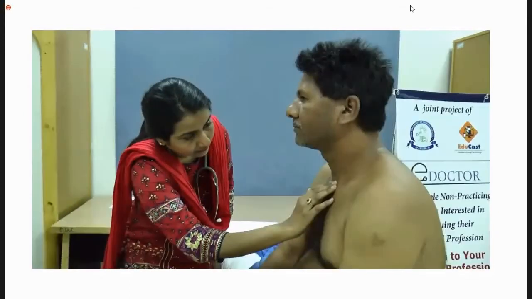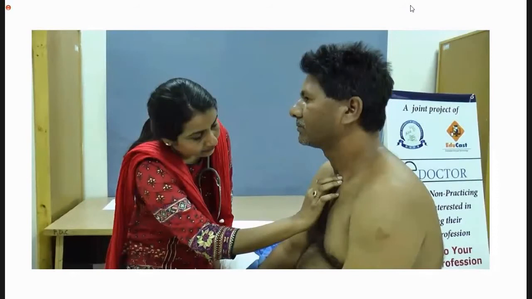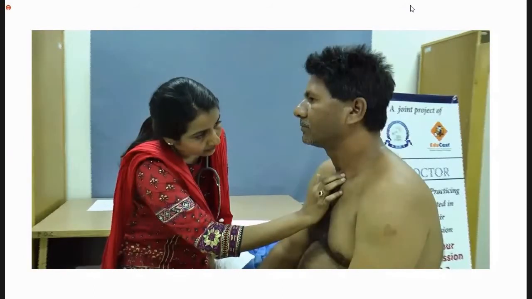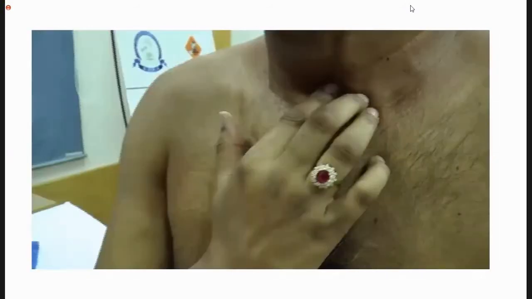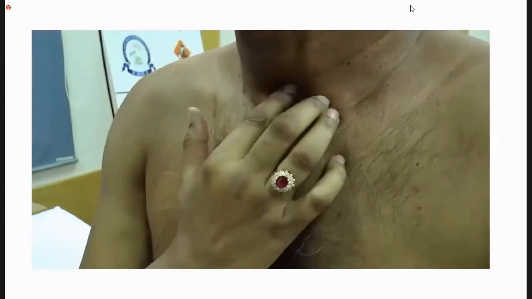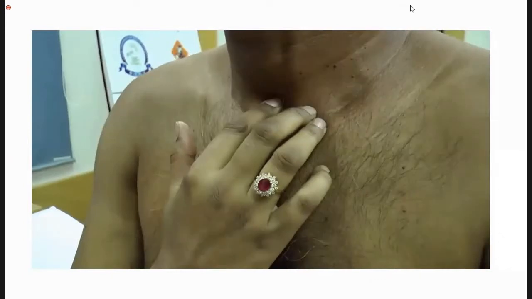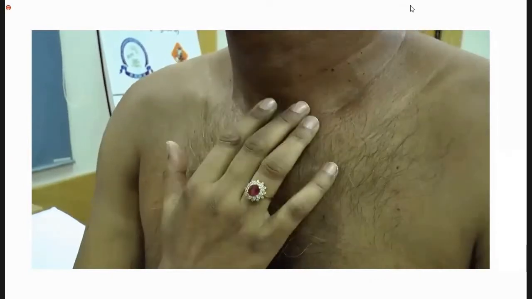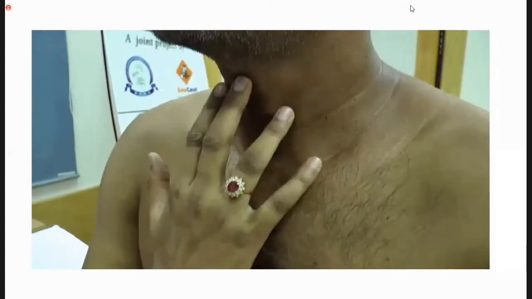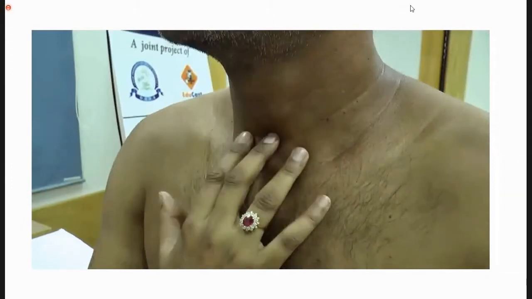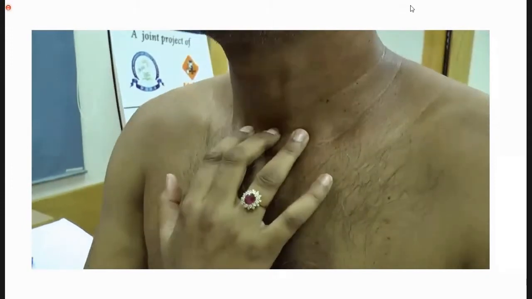For palpation, ask the patient to look straight ahead so that the trachea can be observed appropriately. Then, gently place the tip of the right index finger into the suprasternal notch and palpate the trachea, first with one finger. In order to make sure whether the trachea is central, the three-finger method of palpation is also appropriate, by dipping your fingers on either side of the trachea.